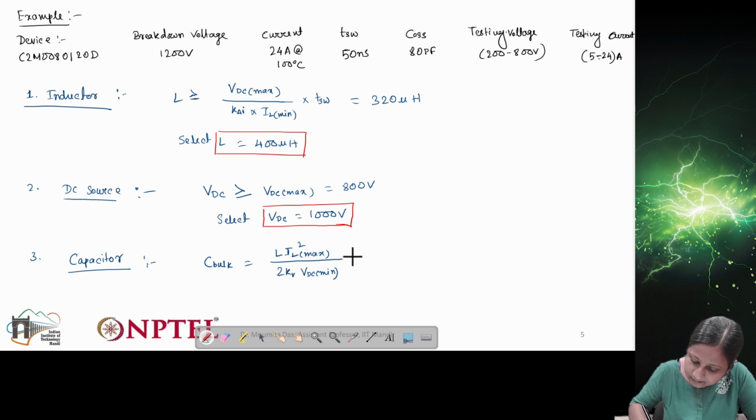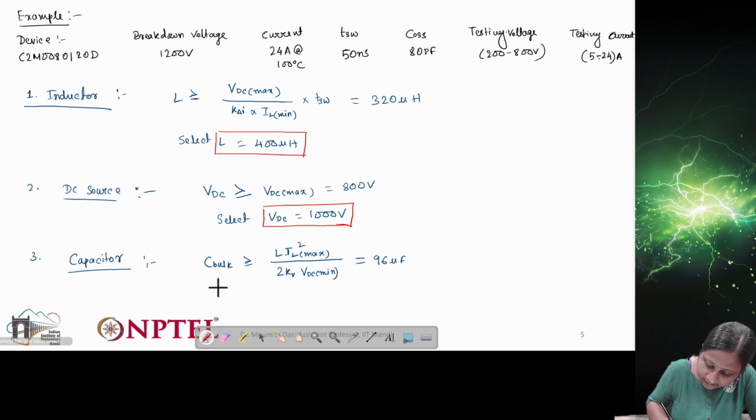So the bulk capacitor is coming around 96 microfarad, you can do the calculation and check whether it is matching or not. Now we have to select a bulk capacitor which is more than this 96 microfarad. So let's select